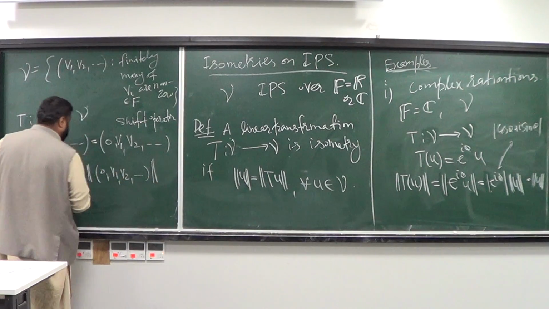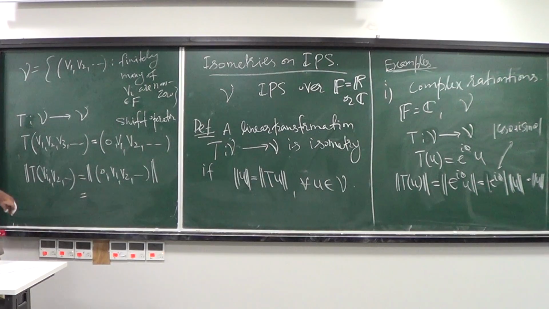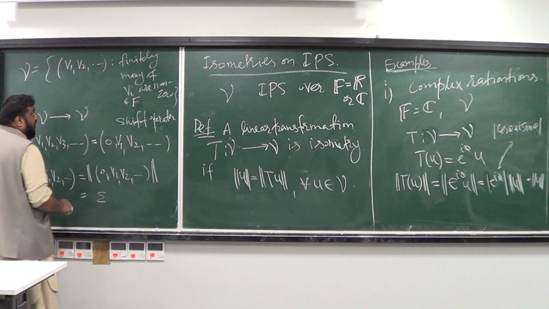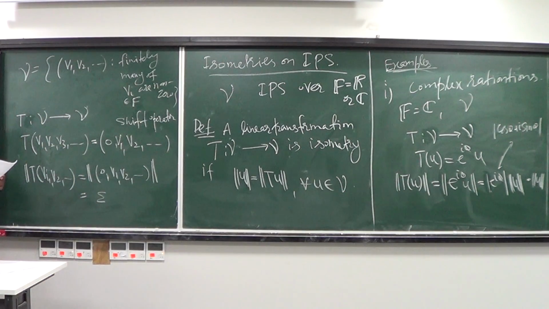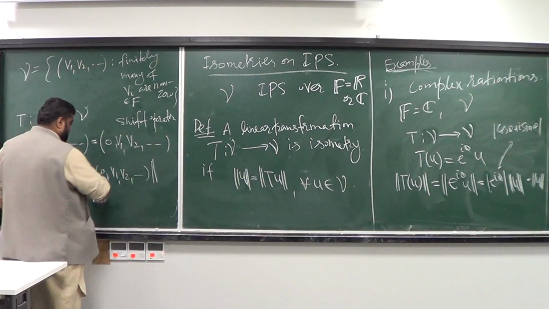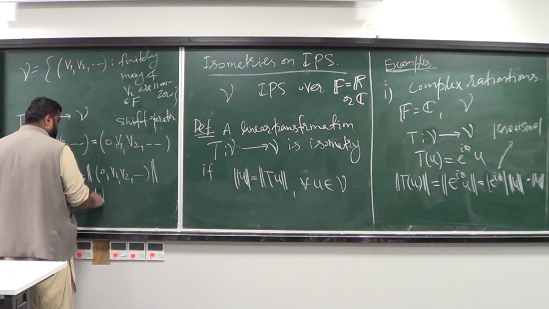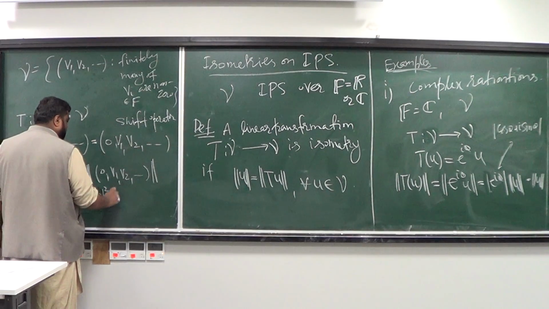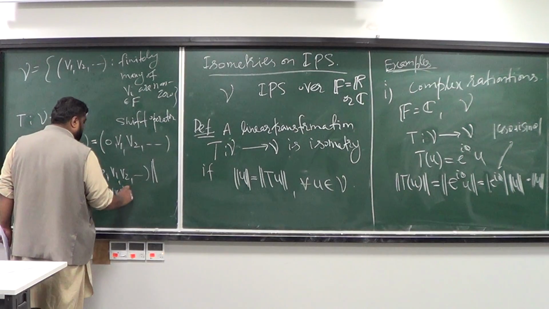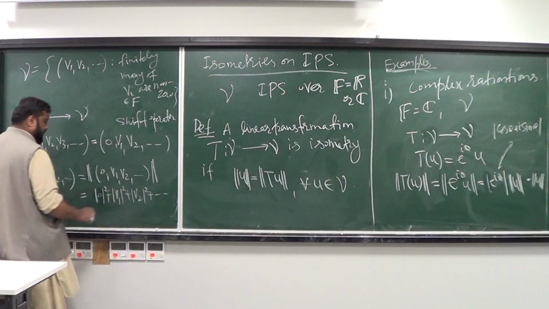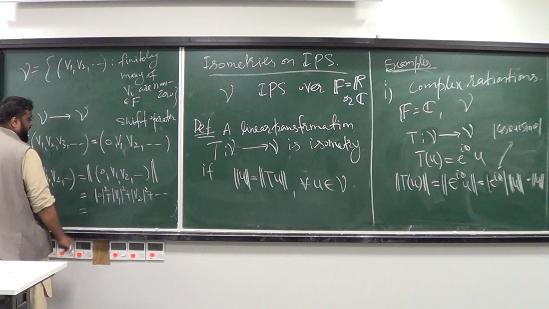And the norm of it is going to be the analog of the 2-norm. So take all of the vectors; this is going to be the sum of the magnitude of 0 squared, or v1 squared plus v2 squared, and so on and so forth. Okay, but this is the same as